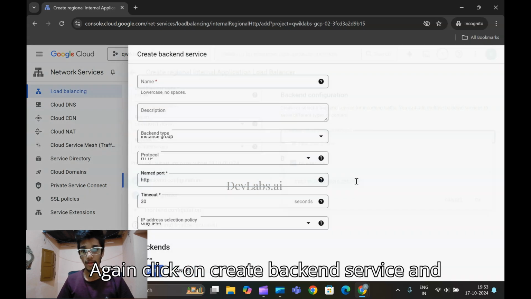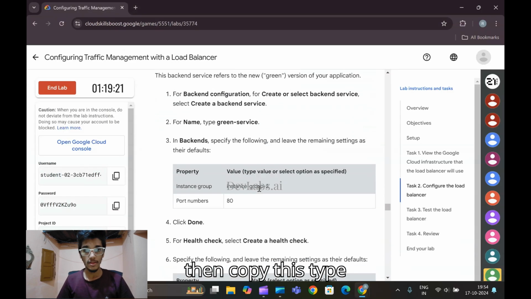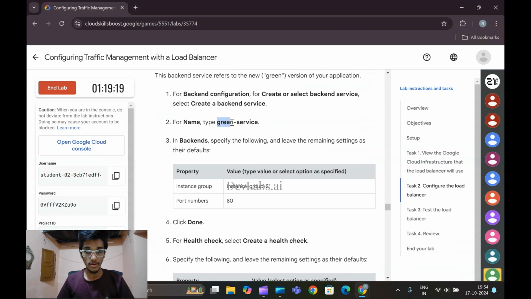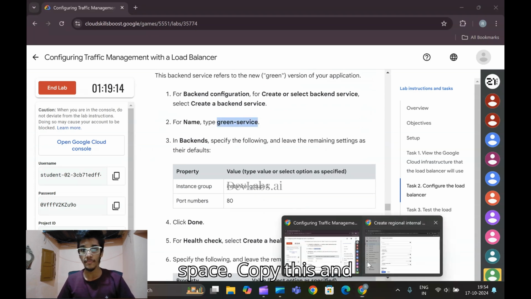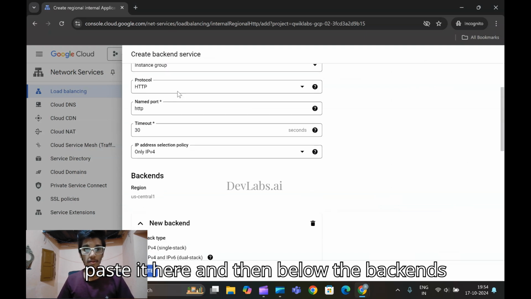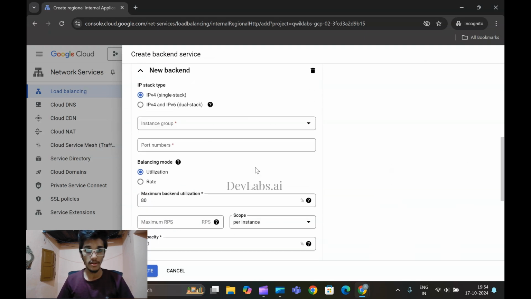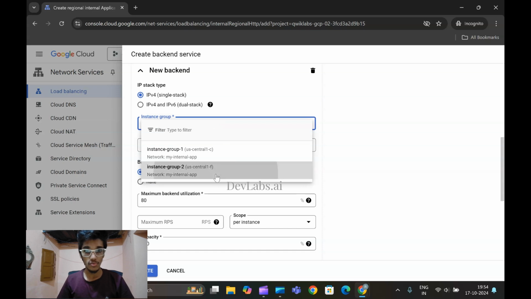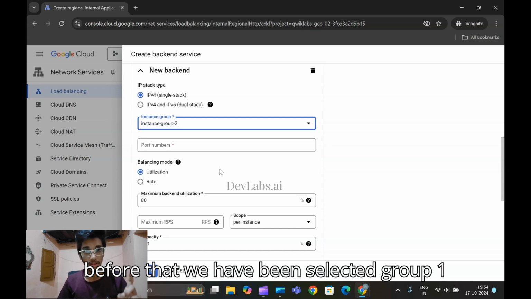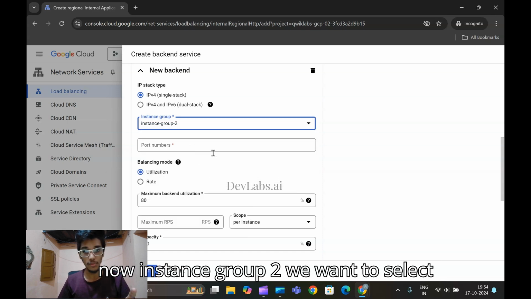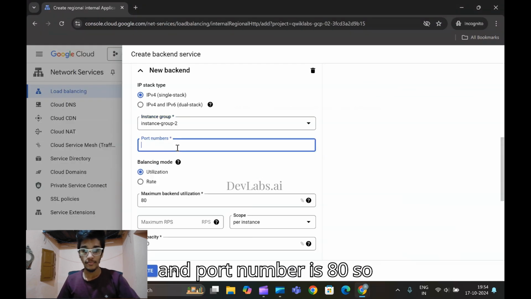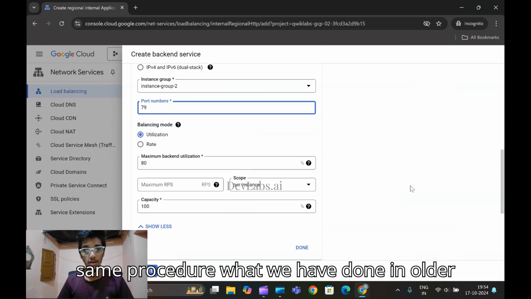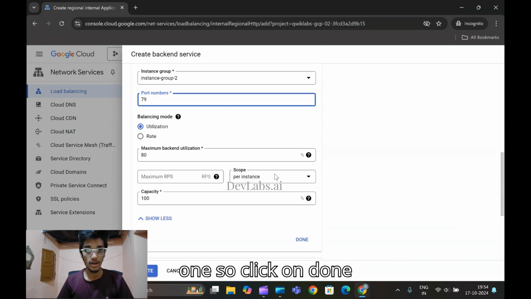Again click on create backend service, and then copy this, type green service without any full stop or space. Copy this and paste it here, and then below the backends, instance group 2. Before that we selected group 1. Now we want to select instance group 2, and port number is 80. So same procedure as we did for the older one. Click on done,